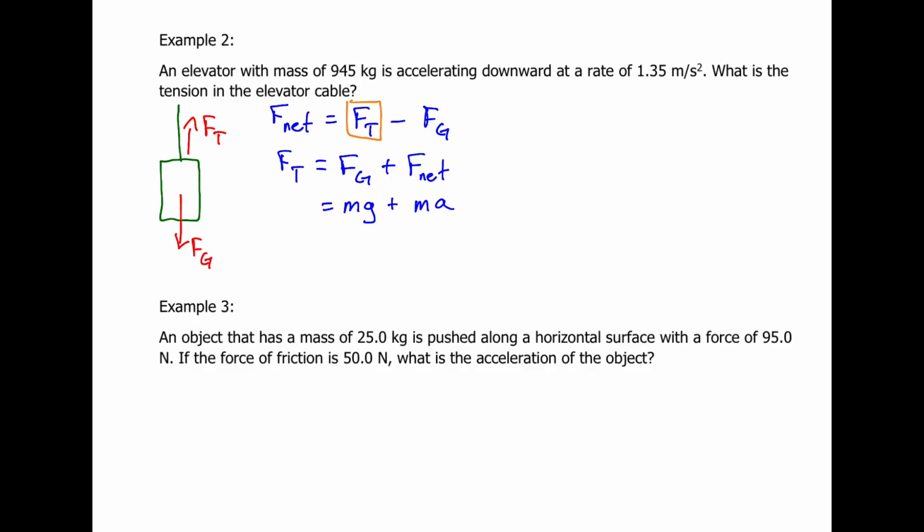Okay, now I'm going to look at this line. Do I know the number for mass? Yes, I do. Do I know the number for G? Yep. Do I know mass? Same. Do I know the acceleration number? Yes. Okay, now I can do all the things. I can type in the numbers. So what are we going to do? We have a mass of 945 kilograms. G is still 9.81. We're going to add the mass again, 945. We could have done some factoring there if we really wanted to. And the acceleration is going to be,